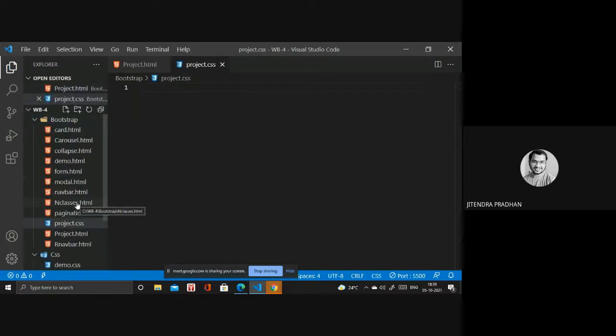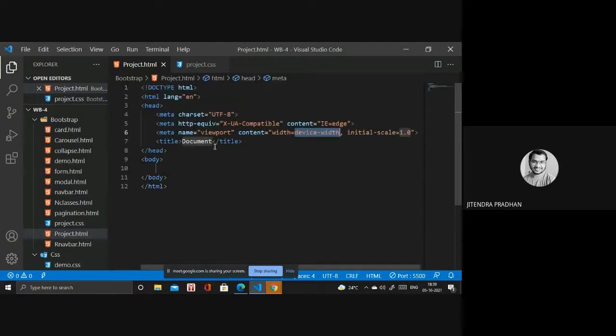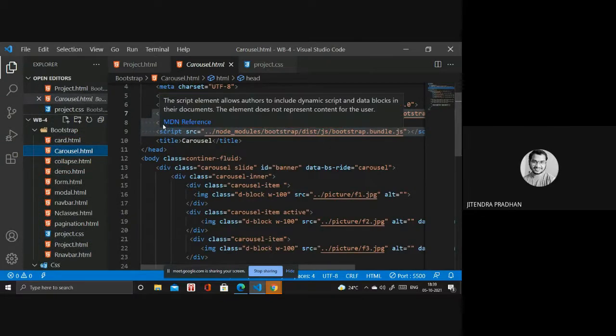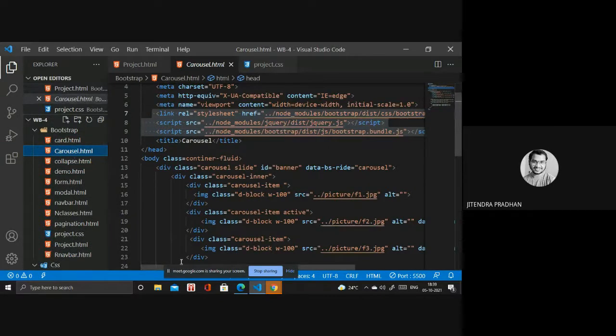If you need a JavaScript file, you have to create that too, but we don't need it right now. First, we give the title as project, or you can write my project. Next we have to add all the Bootstrap links and link the file. You can use any CDN link if you want.